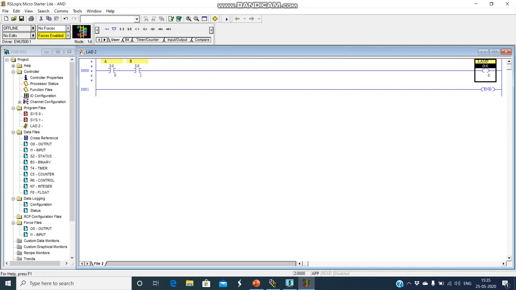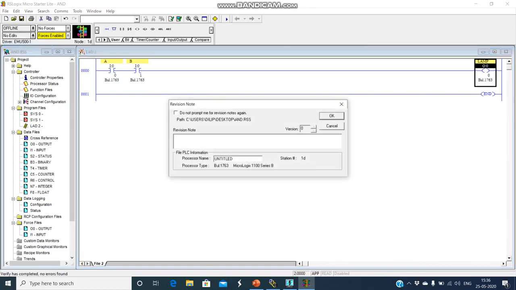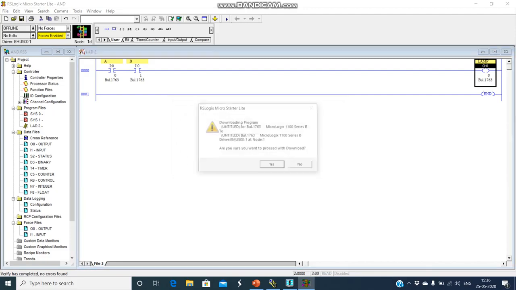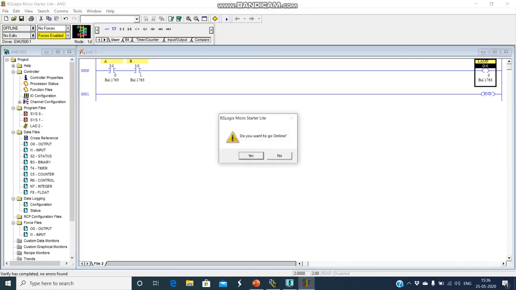Once the file has been saved, you need to download your program to the emulator. For downloading, you can see the Offline tab here. In the Offline tab, you have an option called Download. Press Download. It asks if you want to download; say yes. And it is asking, do you want to go online?